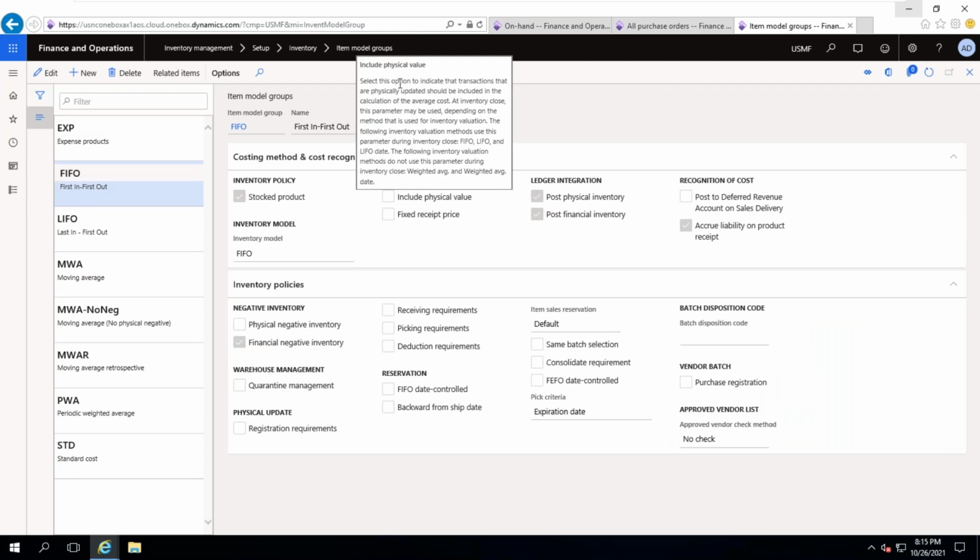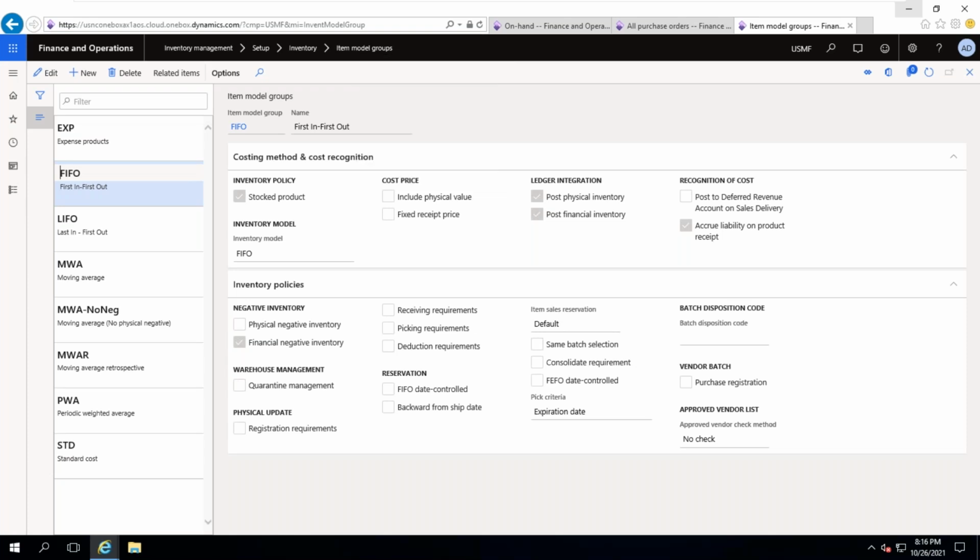Select this checkbox to indicate that the transactions that are physically updated should be included in the inventory calculation of the average cost. At inventory close, this parameter may be used depending on the method used for inventory valuation. The following inventory valuation methods use this parameter during close: FIFO, LIFO and LIFO date. If you are using LIFO and FIFO, if you enable this checkbox,